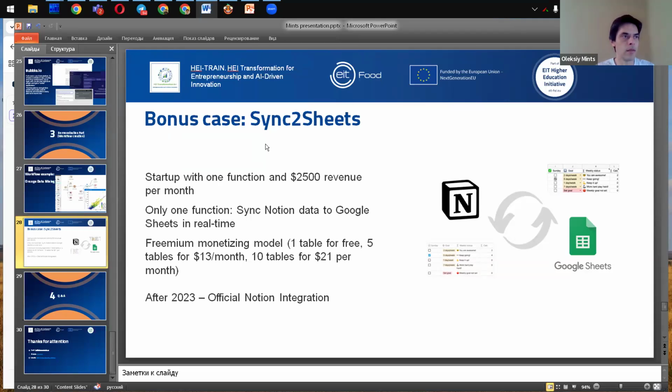The revenue of this startup is about $2,500 per month. Now it's an official Notion integration, and I think today's revenue is even more. But this is only one function that you can build using the tools I discussed today.